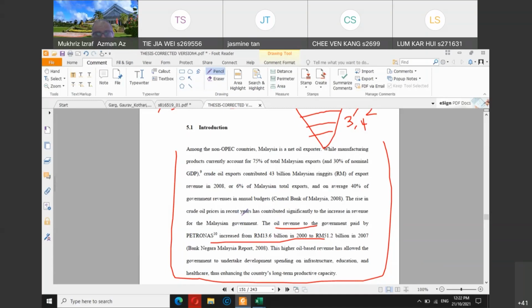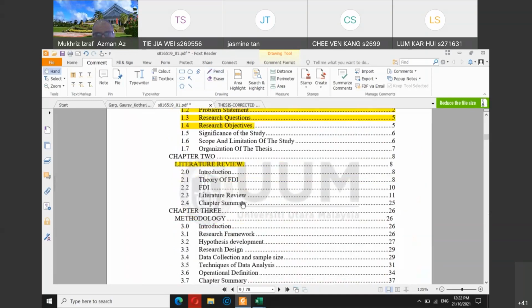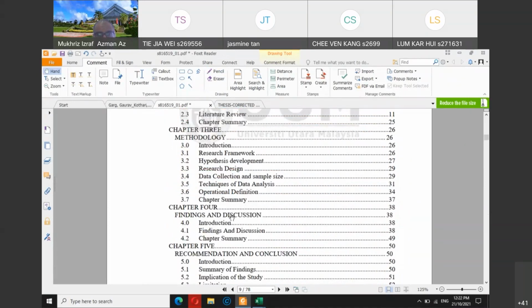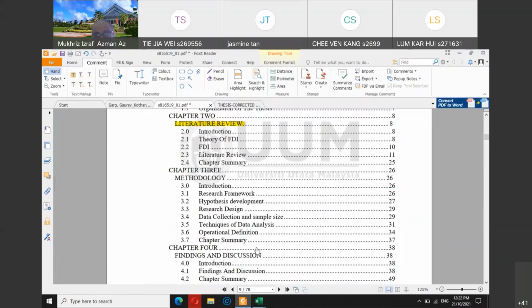Okay, so for the introduction, yes, you can rely a lot on references that can come from newspaper. But throughout your writing, especially when you start writing your results in chapter 4, if you want to compare your findings, it must be based on previous journals, not from